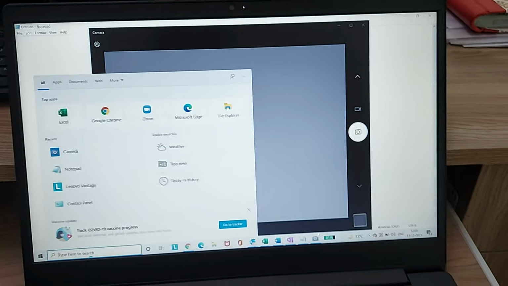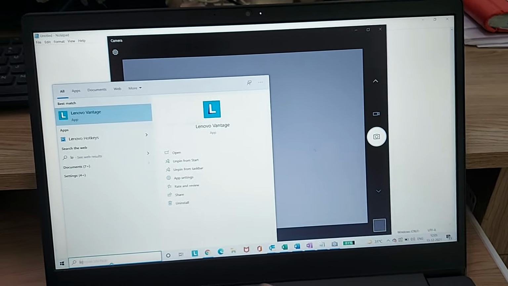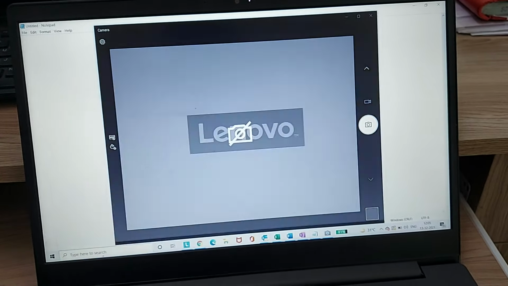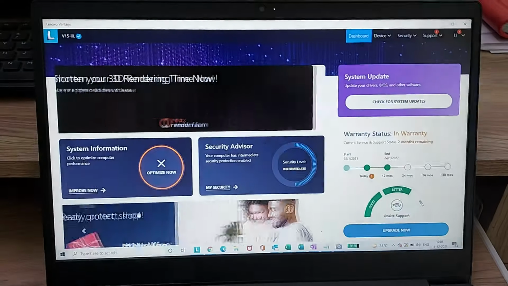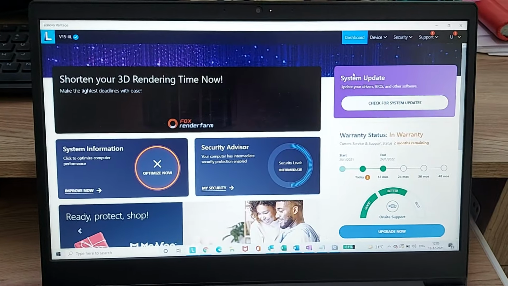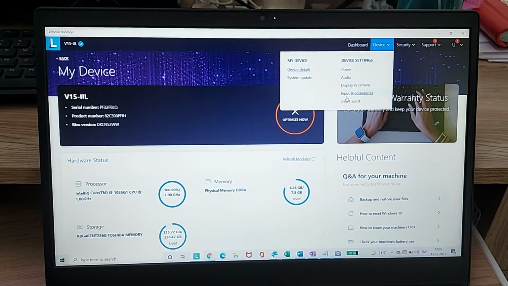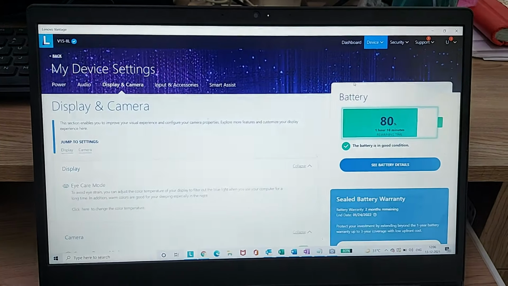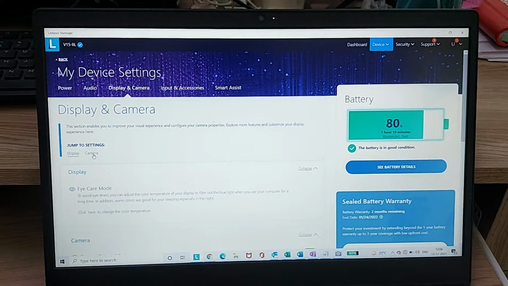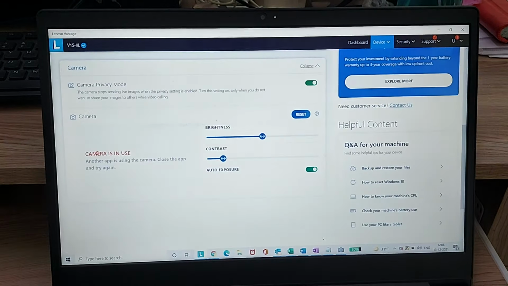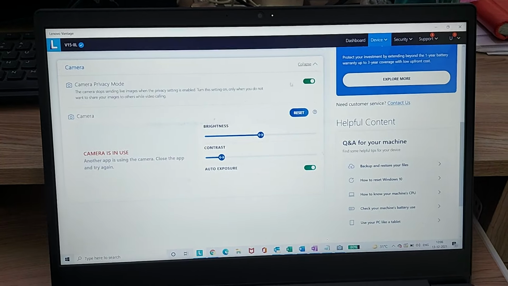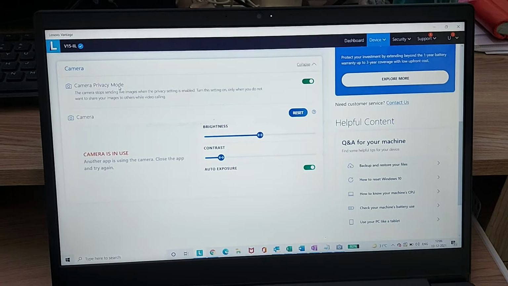To fix this, all you need to do is go into your Lenovo Vantage app and open it as I have done here, and wait for it to load. On the Lenovo app screen, from the device menu at the top, you can select display and camera. Once you've done that, click on the camera setting, and right here you can see an option called camera privacy